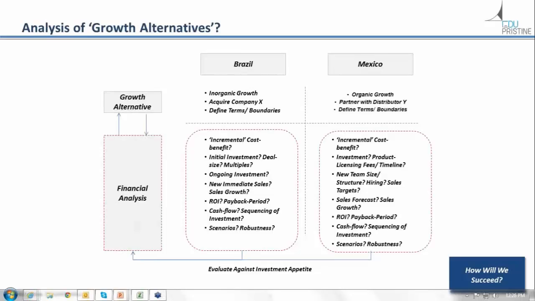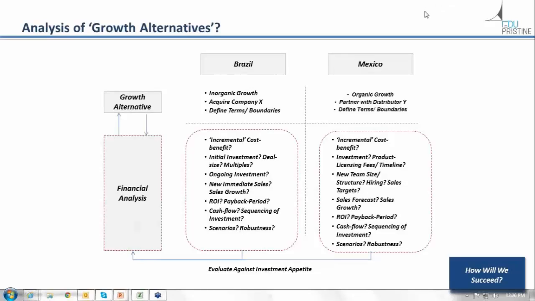Now, what do we do now? So it was clear we need to find an acquisition target in Brazil, which we did. We did some more analysis. We finally got down to one particular acquisition target. We started the discussions with them. We interviewed them. And finally, we had to figure out what money we are willing to pay them in terms of acquiring their business. In Mexico, the choices you had to make were what kind of team, how many more people should the company hire to build the business, and what should be the sales targets that should be set for people, and so on and so forth.